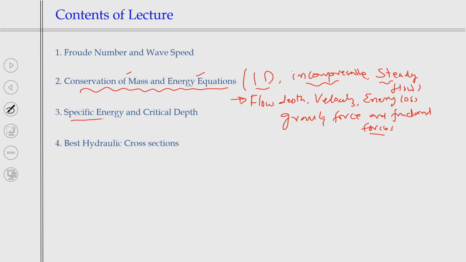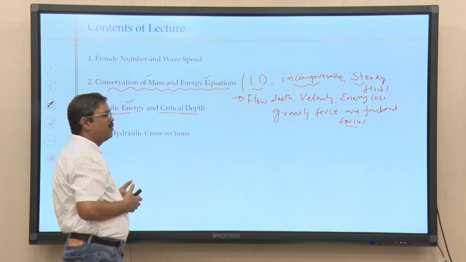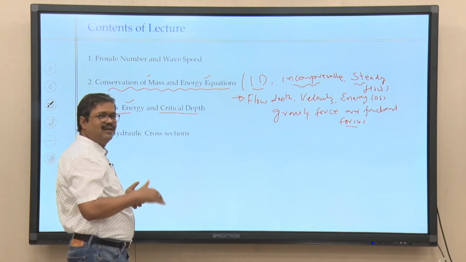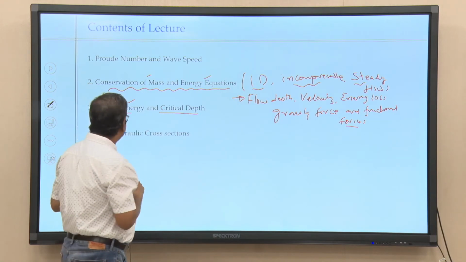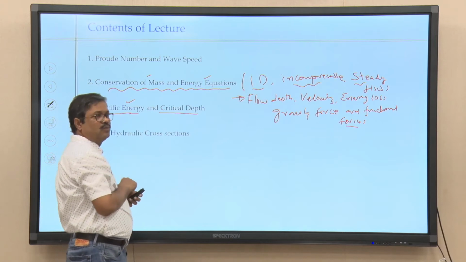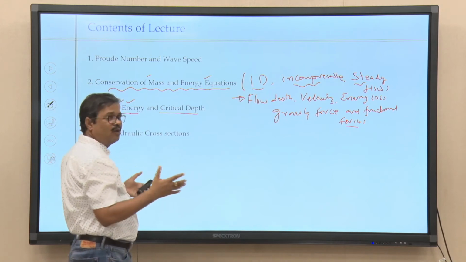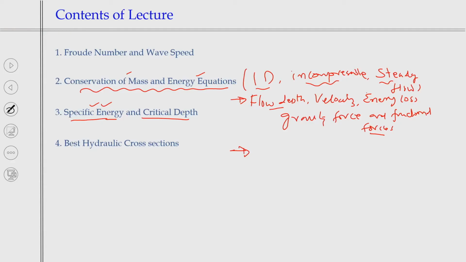As we discussed the specific energy and the critical depth, the same concept we will talk about. In more detail, today I will talk about how we can use specific energy, which is a graphical representation of energy versus the flow depth of a channel's cross section, where the datum is the channel bottom, for more or less horizontal channel slopes. In that case, we can use the specific energy concept to understand how the flow variations will be, and most important, again I repeat,